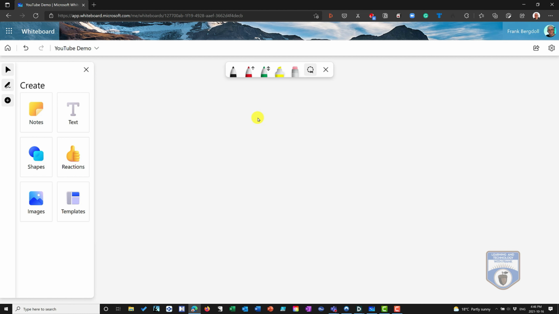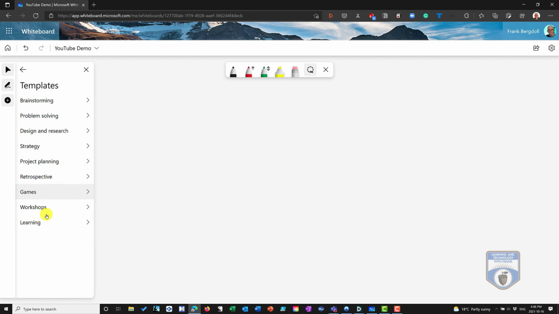Now, of course, if I wanted a brand new whiteboard, I could have just gone into the home and created a new whiteboard. But what if I wanted to delete half of the elements on there? Big problem. Now, this is the one area where the new whiteboard's kind of nice, these templates. You have all these different templates for